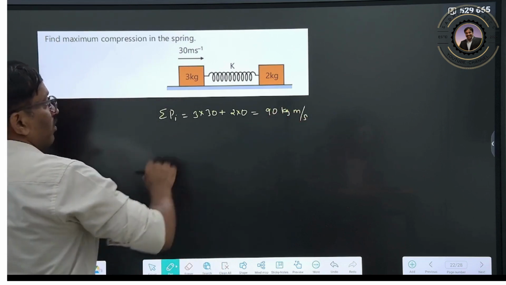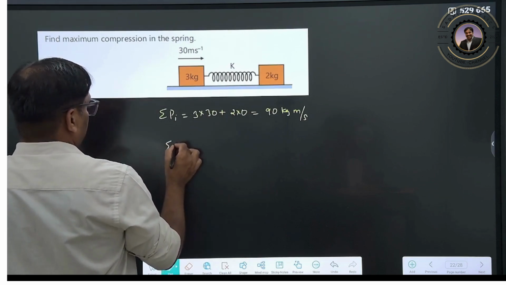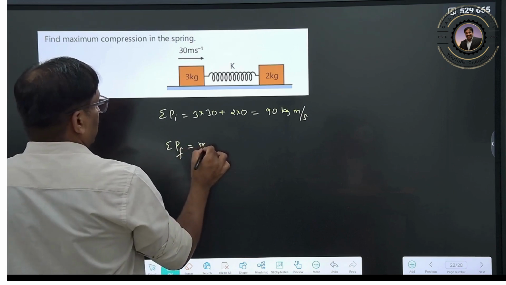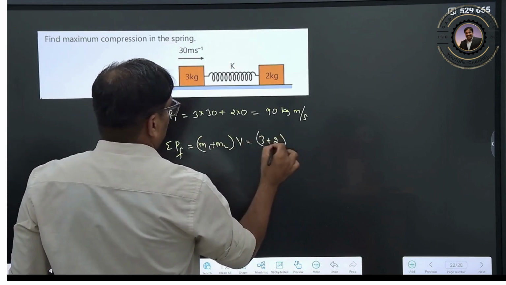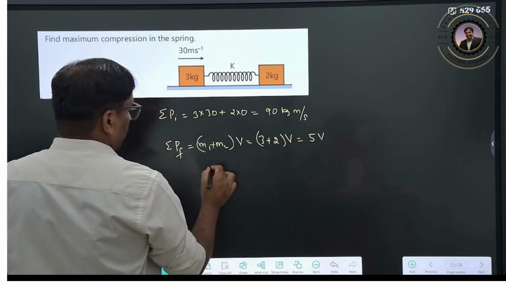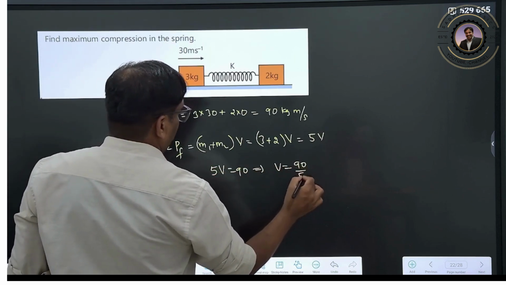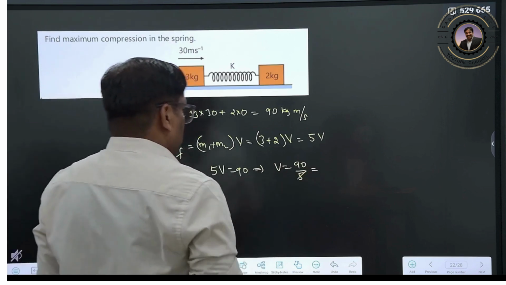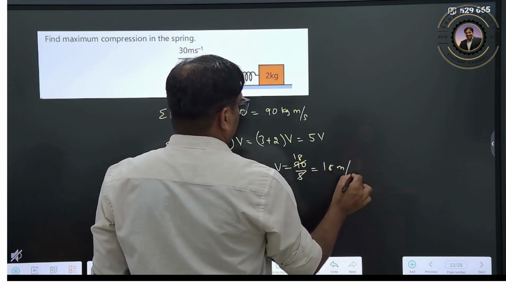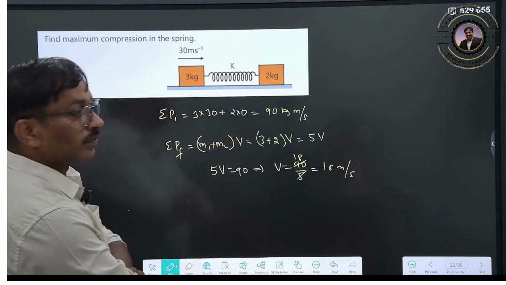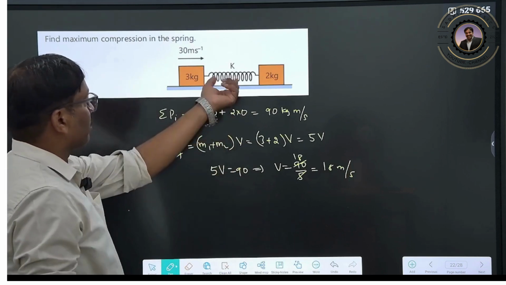Now the final momentum, what will happen when both are going with the same speed? The final momentum is (m1 plus m2) into the common velocity. How much? 3 plus 2 into v, that means 5v. So 5v is equal to 90, which implies v is equal to 90 by 5. How much will it be? Therefore 18 meters per second. Clear? So now we don't want this velocity,